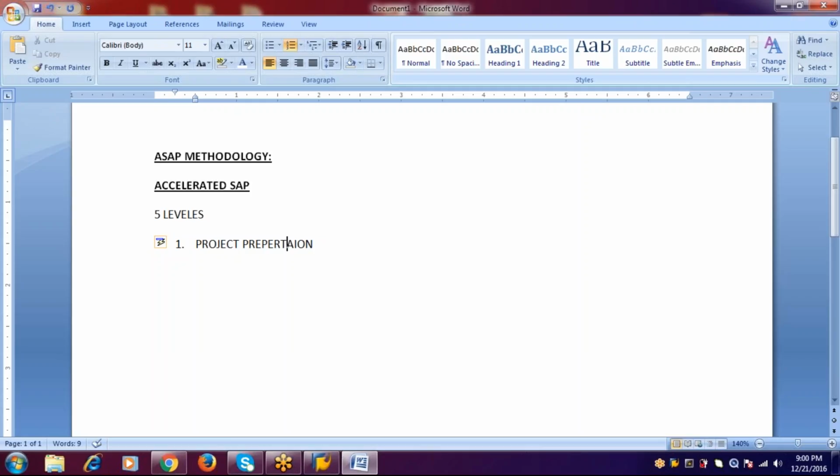That means we are the team members working for Sony. In the project preparation phase, Sony interacted with our company, and we got the communication between Sony and us. That was finished. And now, in the second level, the business blueprint level, our